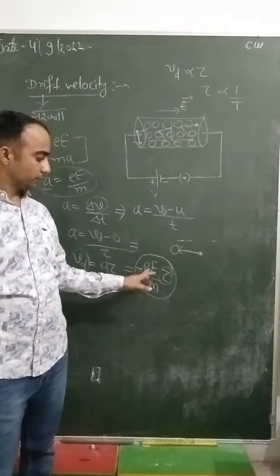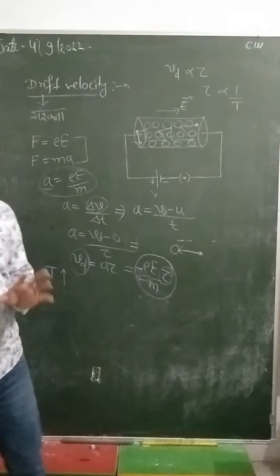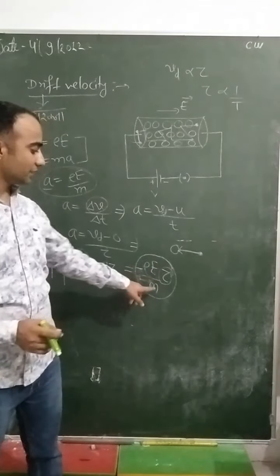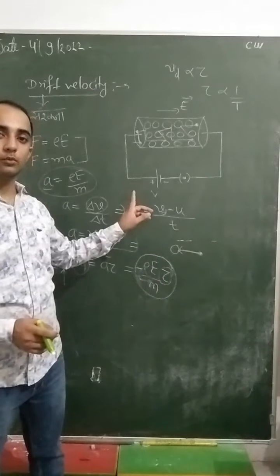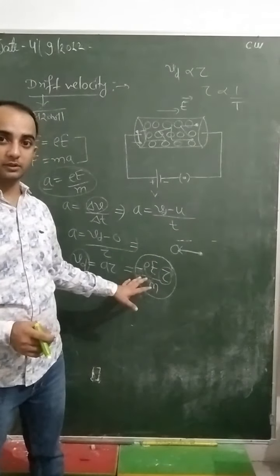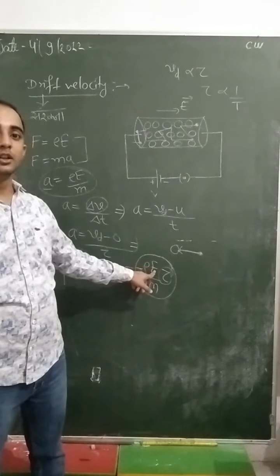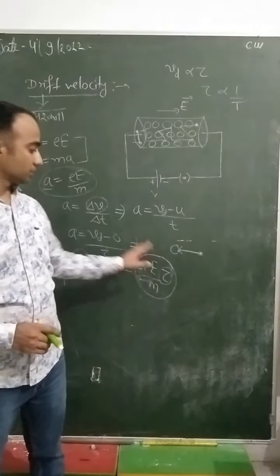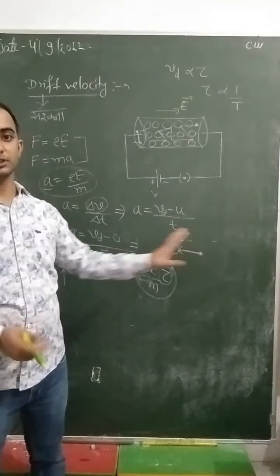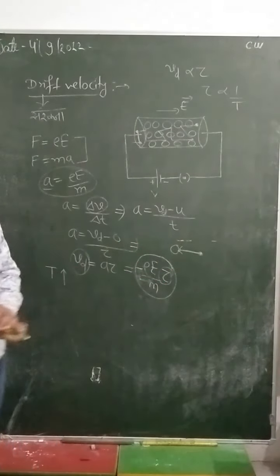Further, if you have two charged particles whose masses are different, the one whose mass is less will have more drift velocity, other parameters being constant. Similarly, on increasing the magnitude of the electric field, the drift velocity will also increase. So this is your drift